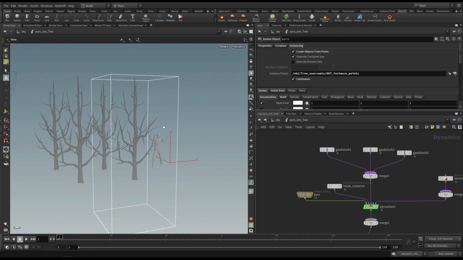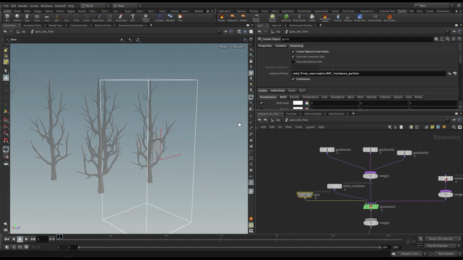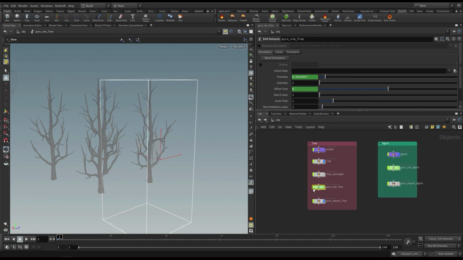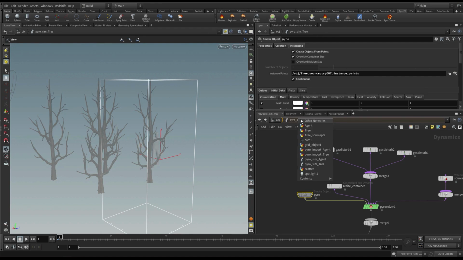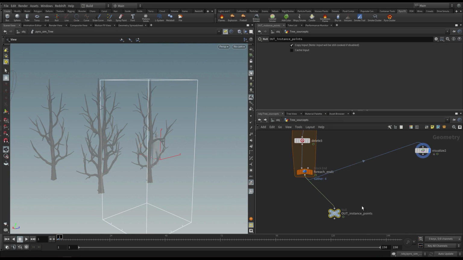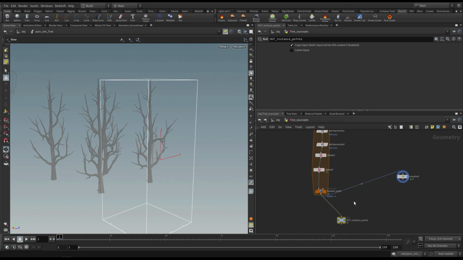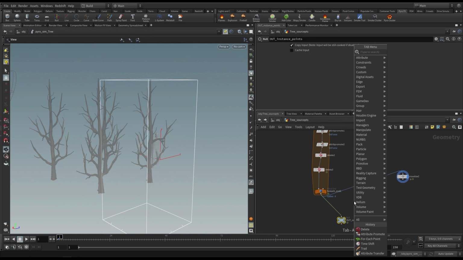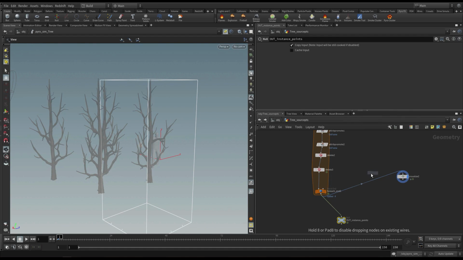Oh look, we need to offset that because our position stuff isn't working again. Let me just pin this using the pin icon at the top here. We'll go back to that tree points network. Where's it? Tree source points. There we go. So again, first of all, let's add a wrangle to adjust the